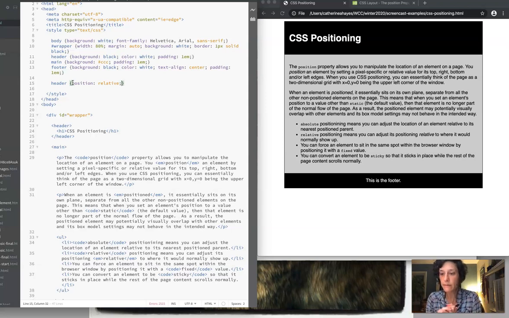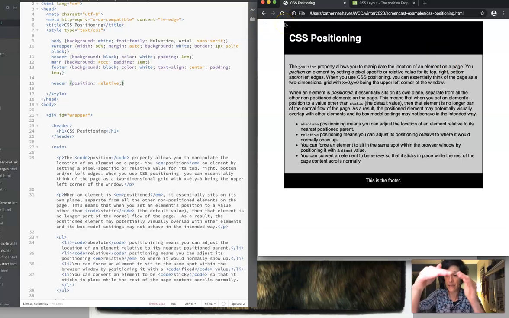So relative means the X and Y starting point is going to be relative to where that element would have normally shown up. So what I mean is, without any positioning, this black box, my header, this upper left corner, that XY, is where this would normally show. So I'm going to say position relative,